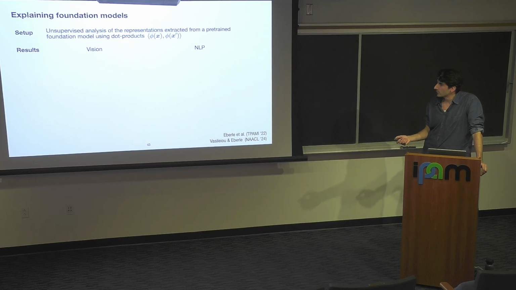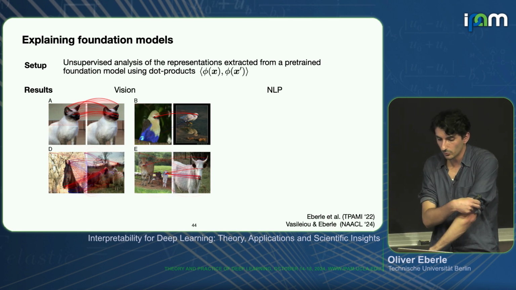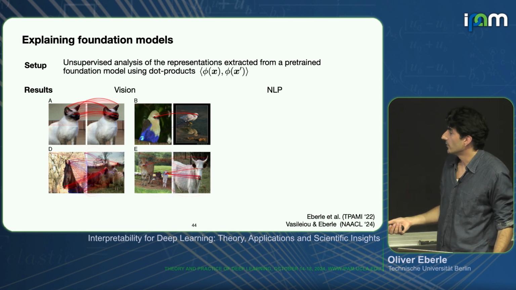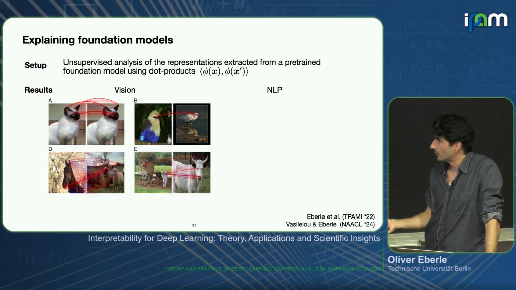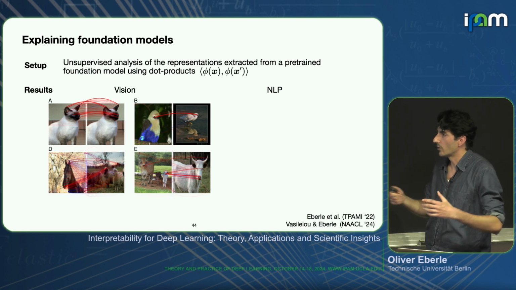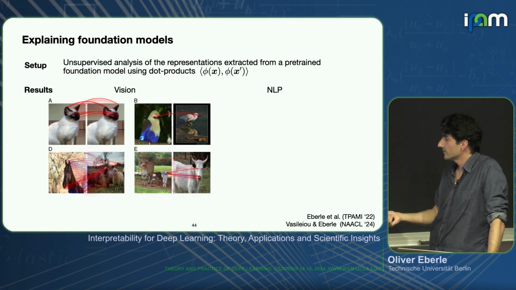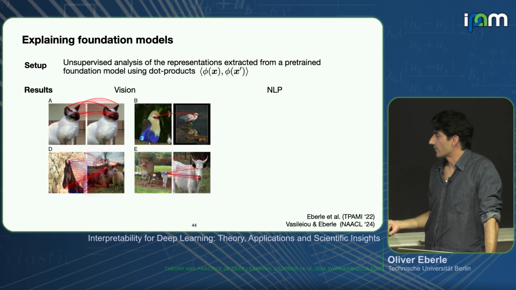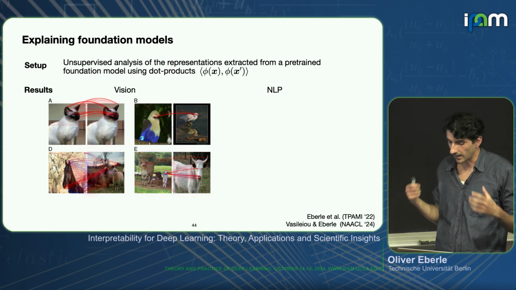So it gives you a lot of flexibility to compute these types of attribution maps. We did this for vision, and you see these attributions that give you some insight into, if the model is presented with images of 2 birds, let's say, what does it actually focus on when it does a comparison if they are similar instances of the same class. We see that, as I think is already often reported, models are highly overconfident in these eye features.